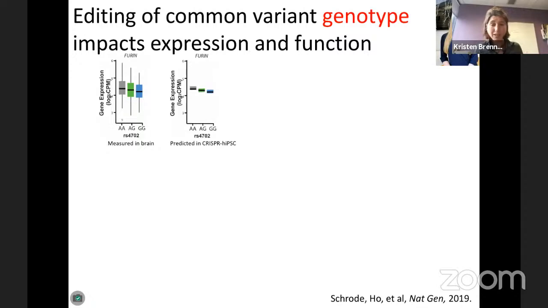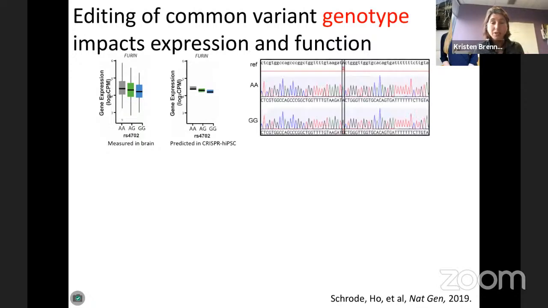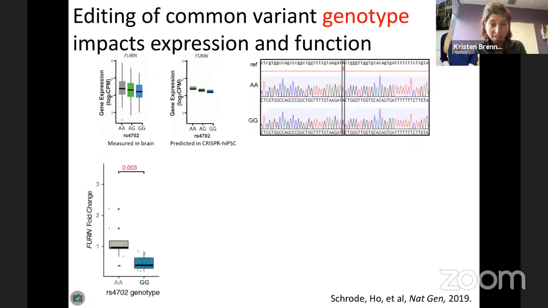The idea here being she would use CRISPR technologies to edit a single non-coding SNP, here RS4702, from AA to GG. This actually took her a couple of years to do. It's technically very difficult because she couldn't edit the PAM site downstream. But when she achieved it, what she was able to find was actually, to be honest, better than we could have hoped. So with nothing different between these IPS lines, except for their genotype at this single SNP to our knowledge,